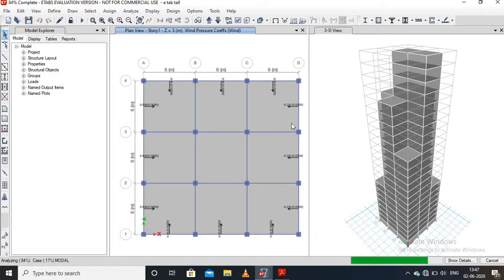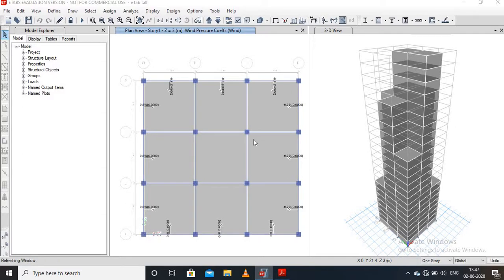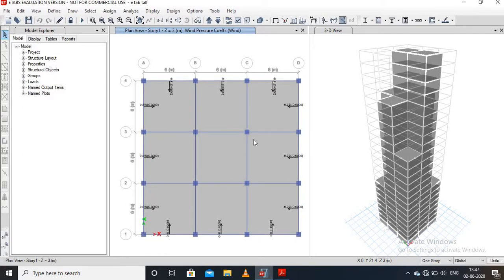We have to run the analysis again. Then wait some time. It is analyzing the details. After analyzing, we can check any displacement value.